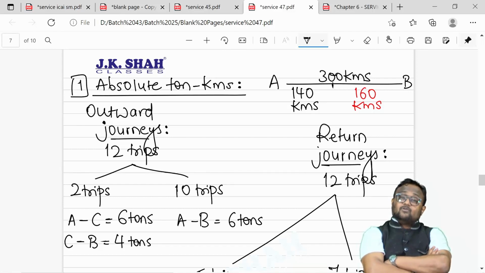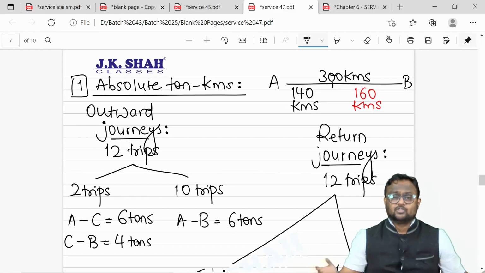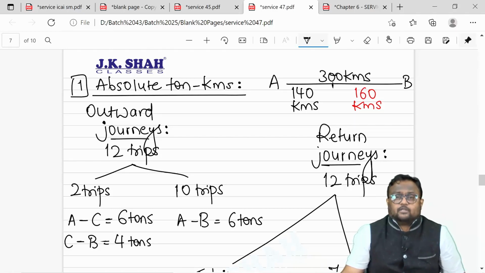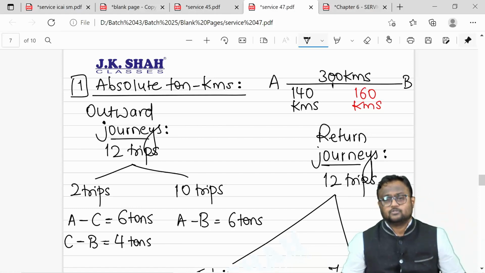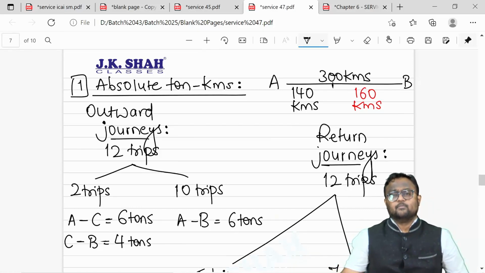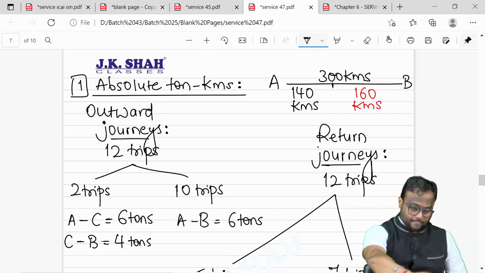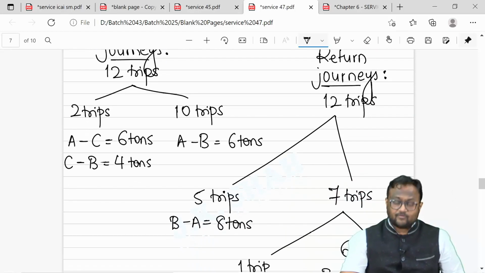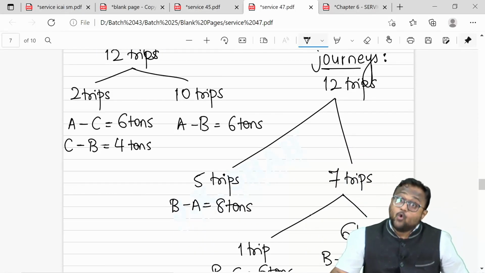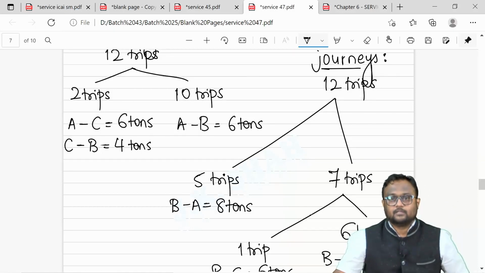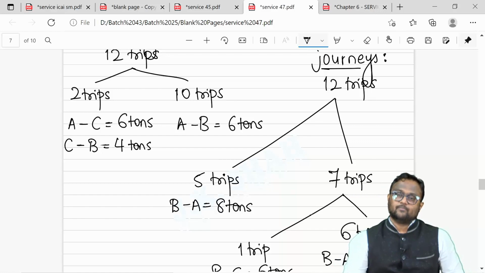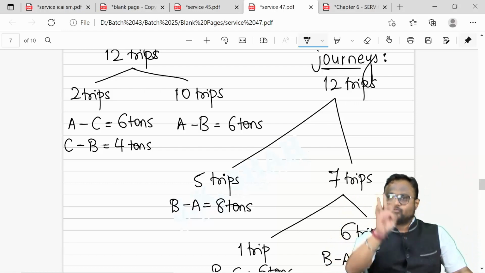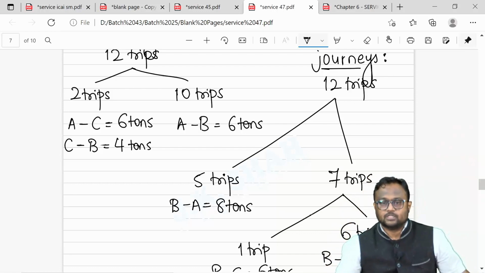They did not mention anything about the balance trips. So for the balance trips, there was nothing to be mentioned. So in all 10 trips, we must have carried 6 tons from A to B. Nothing special was intimated about it, so something normal must have happened. While coming back, in 5 trips, you carried 8 tons. Oh, but we were caught by police, but we did not unload anything. Caught by police, we paid a fine. That will get reflected in the cost structure. We did not unload anything. So from B to A, all 300 kilometers, 8 tons will be taken into consideration.